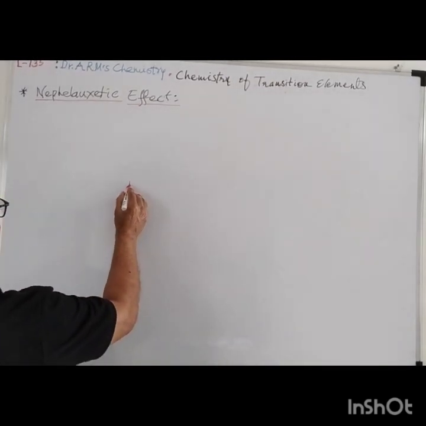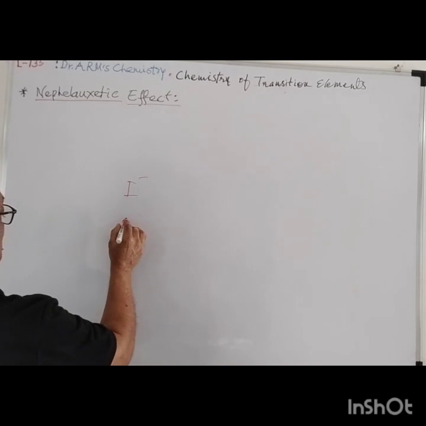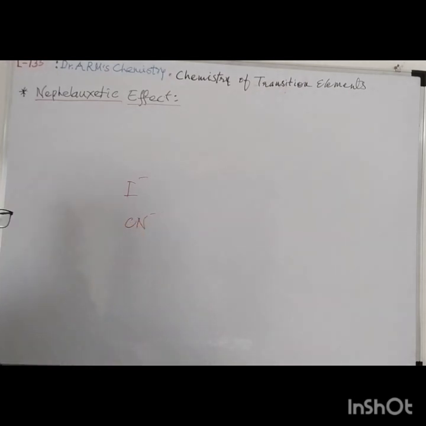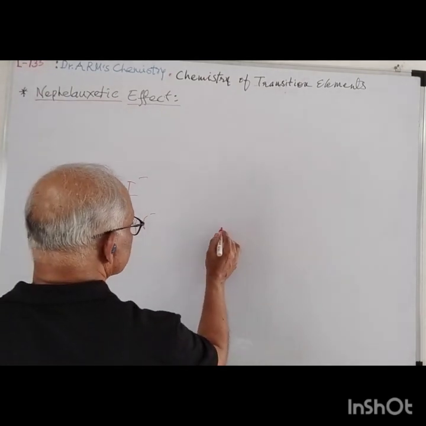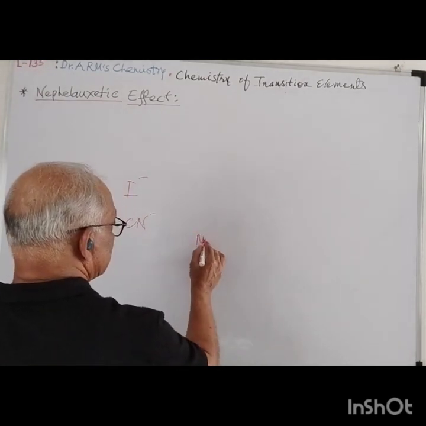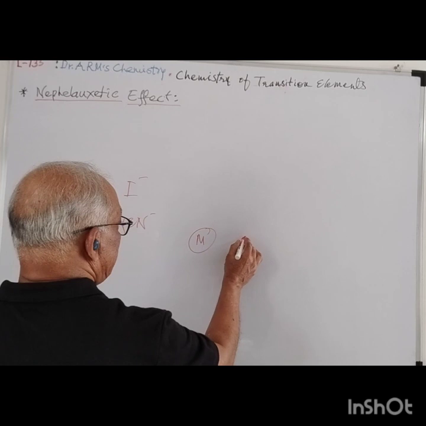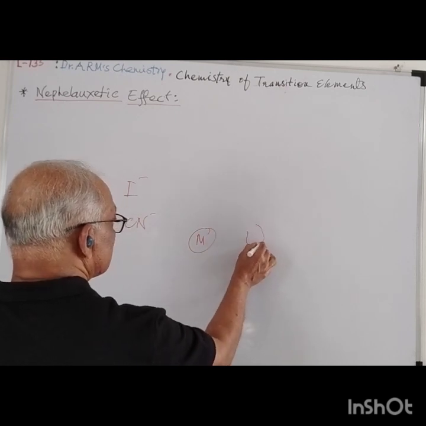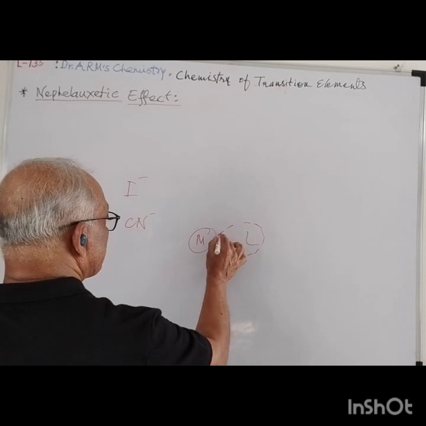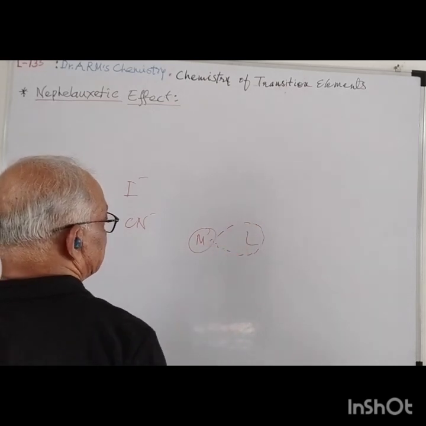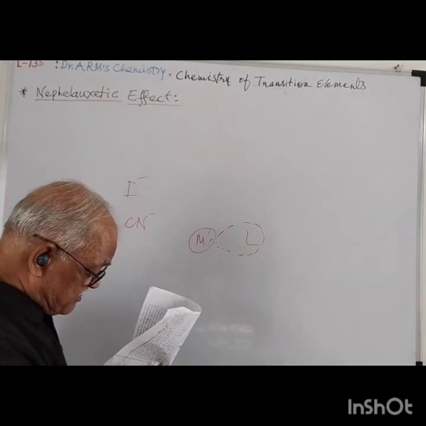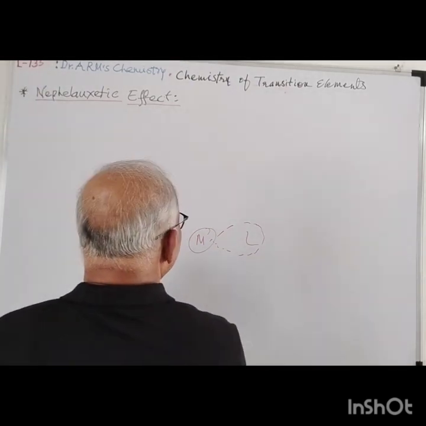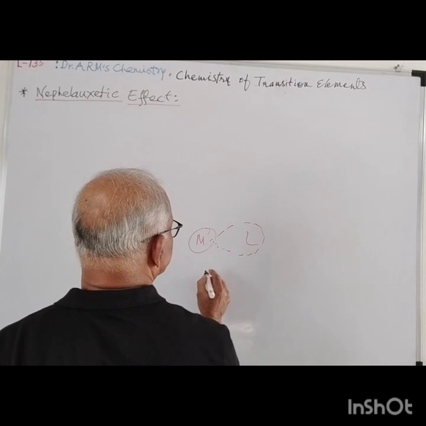So the ligands such as I minus, Cl minus, etc., have these electrons. Say this is the metal and these are the ligands. The electron cloud is pointing more towards the metal ion. Because of this, the covalency of the bonding